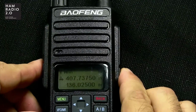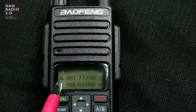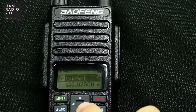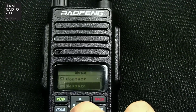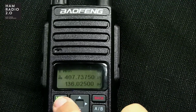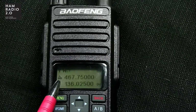Make sure we're on a DMR channel here. The icon right here has a little D or an A above it. That's D for DMR, and you can see that the menu changes when you go into DMR mode. So contact, message, call logs, set, that kind of thing. It's got more options in DMR because DMR's got more options. If we go back into memory mode, you can see an A right there. So that's an analog channel at